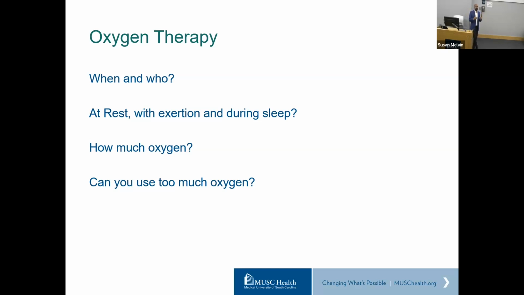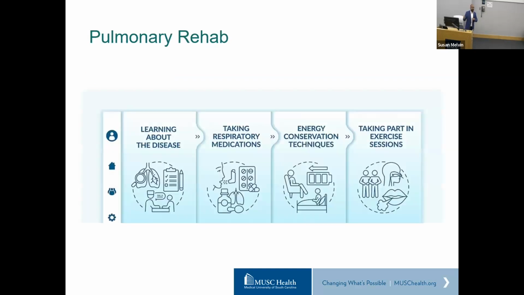So a lot of the times I find patients limiting what they're doing so that they can stay on the same amount of oxygen, so that their oxygen levels are not dropping. But what I find is then they become less active. And that is a huge red flag for me, because what can hurt you in the long run is that if you do need more oxygen, I want to know about it. And that means there is disease progression I need to know about. If you're not moving as much, that is also going to be a huge problem because we want you to be active. We want you to exert yourself. We want you to hold on to your muscles and your muscle strength,